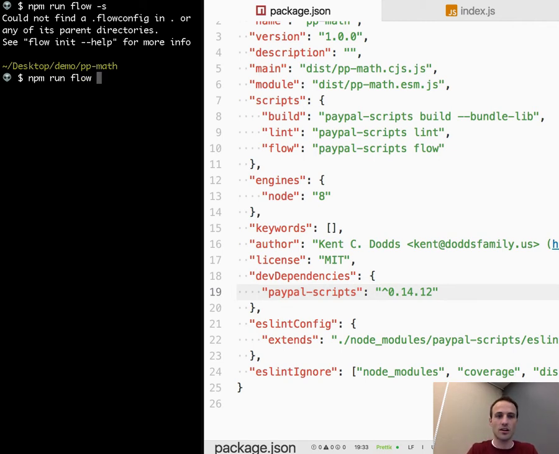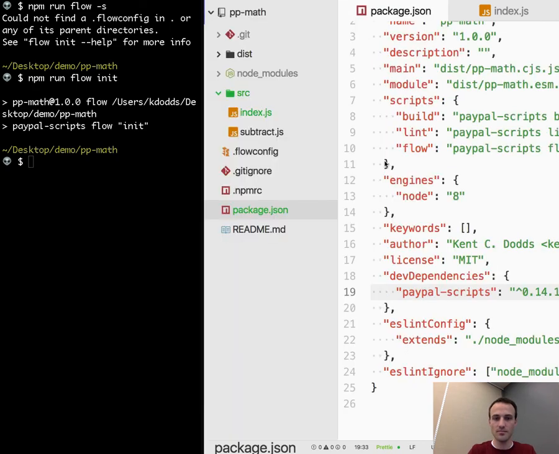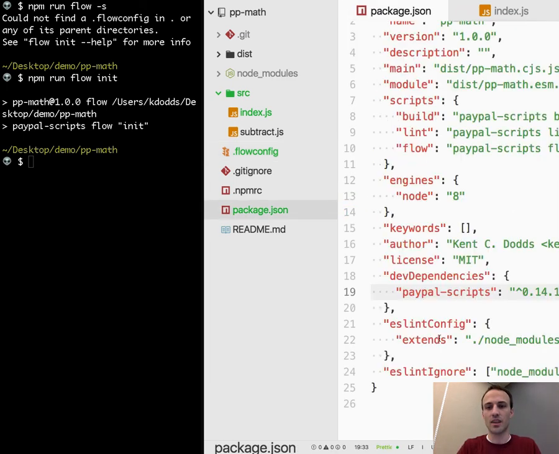So what we can do here is just say npm run flow init to initialize our project with Flow, and now it will create this flow config for us. From there, you just have to go look up the Flow documentation. The nice thing about the Flow config is it's really simple, nowhere near as complicated as a Webpack config or Babel config. For lots of smaller projects especially, this is all you're going to need. So now if we run npm run flow,